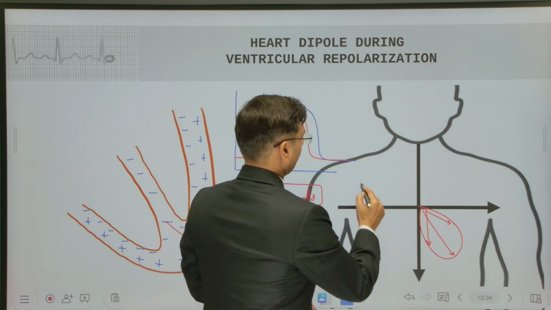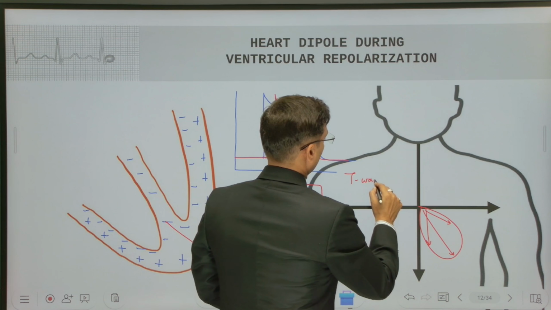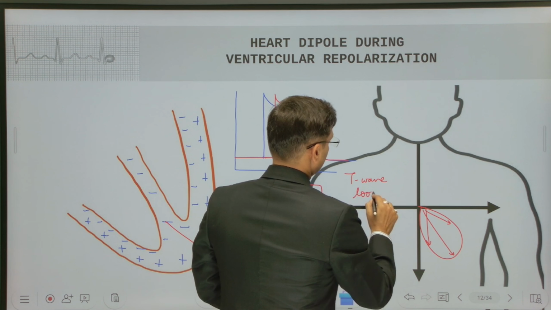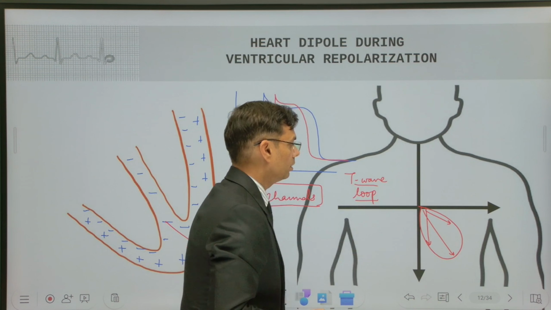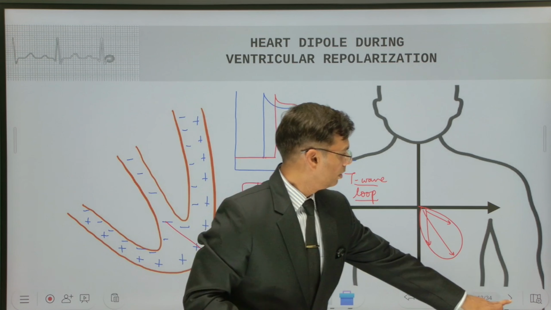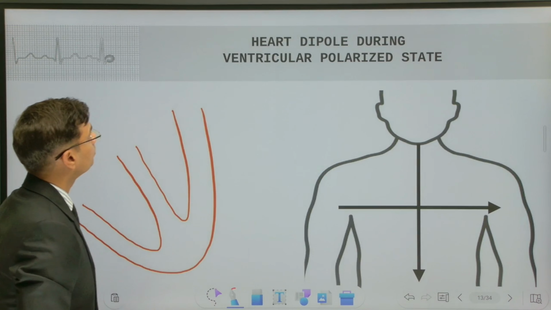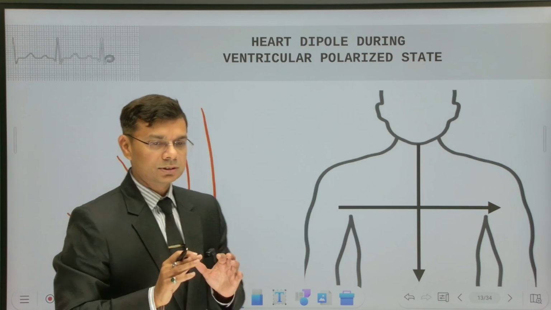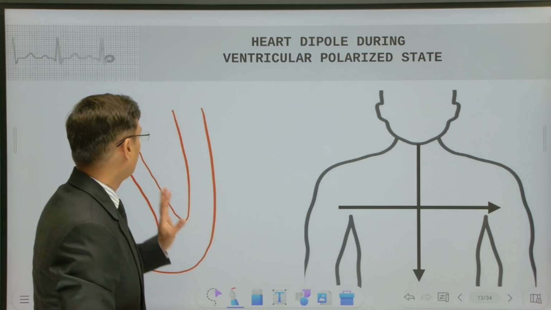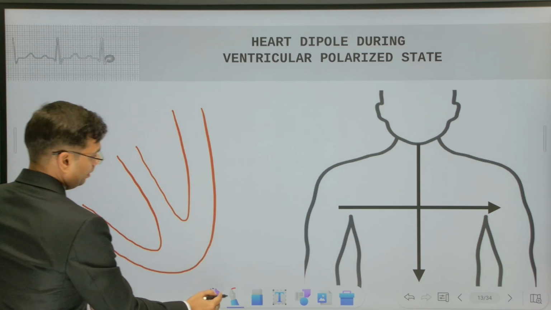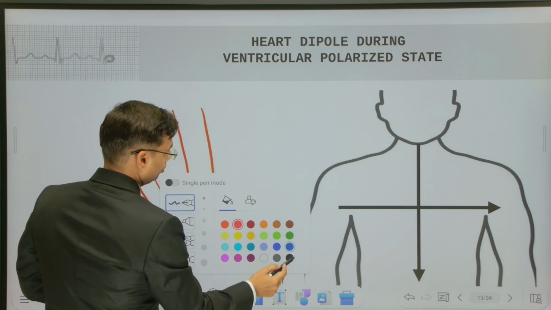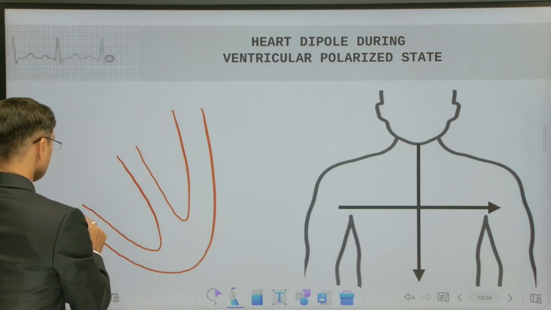We can also call it the T wave loop, because it will manifest as the T wave on the ECG. So once repolarization happens, again it will come to the polarized state. So again